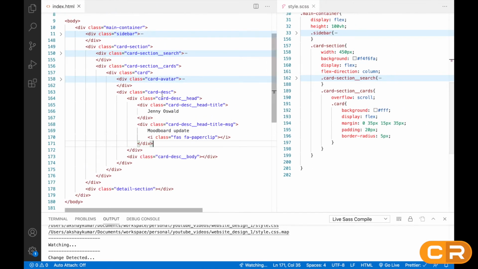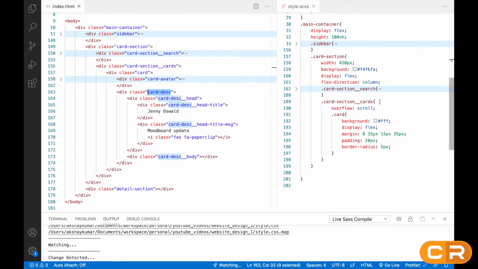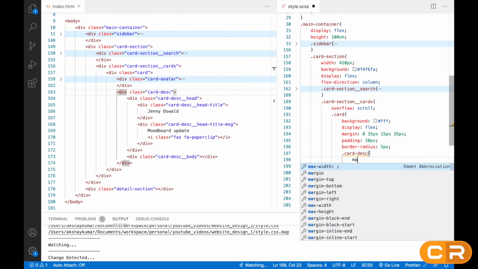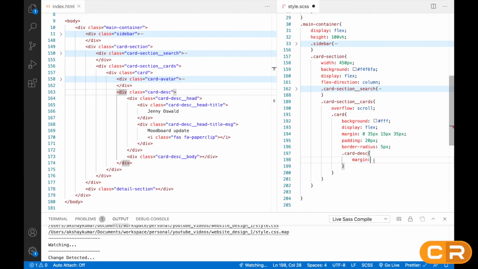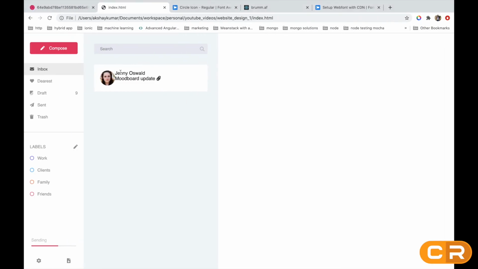So here inside this card we'll give, one second. So this is a card section, this is a card. Okay, so here we have to give card description, right? Like this. Okay, so here we'll write margin left, and that will be 20px because there is some space between the image and this text.